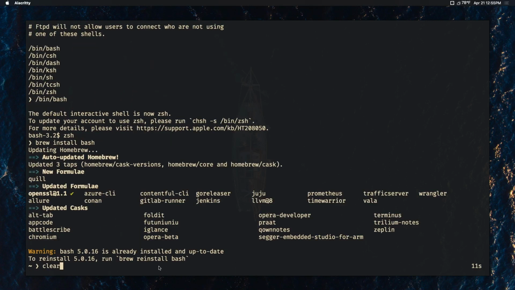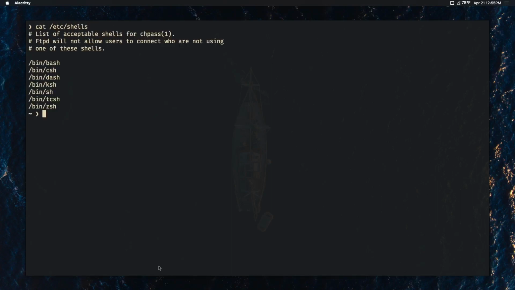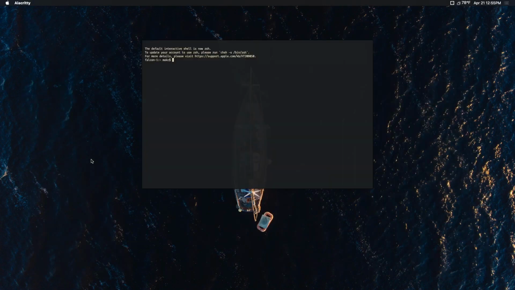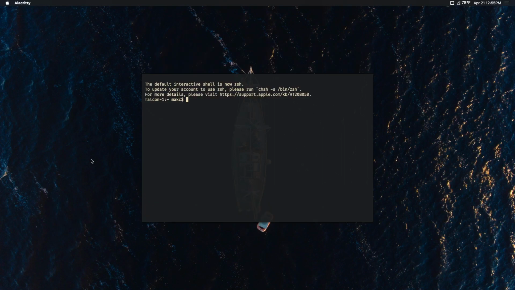Now from there, what we want to do is actually change our shell to Bash. If we cat out that /etc/shells file again, you can see all of the locations of shells here. So what I would do is chsh -s, that's the syntax, and then /bin/bash. It's going to ask for a password. Then if we completely quit Alacritty and reload, it should automatically open up in Bash,